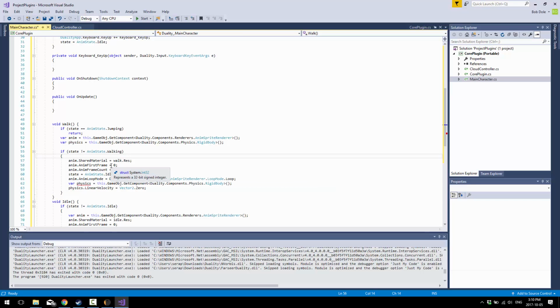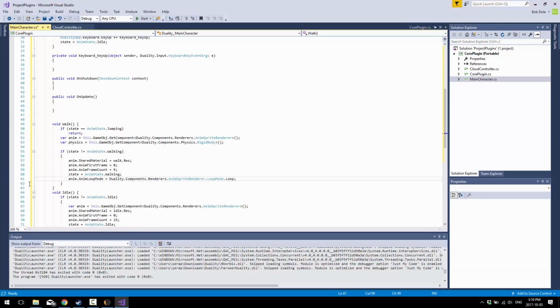First frame, how many frames are there in the walking animation? I believe it's 9. Switch that out to 9. Animation state is now going to be walking. Oh, you are going to loop. And you guys are going to do nothing. All right, so basically, if we're not already walking, switch our animation over to the walking animation and loop that